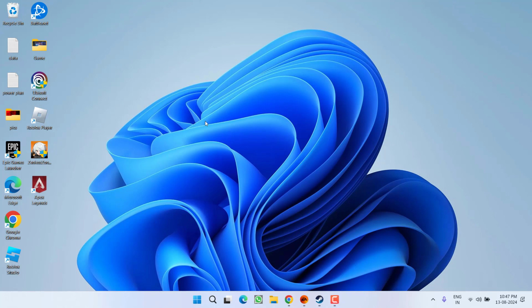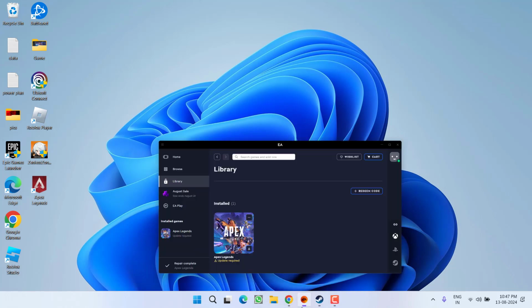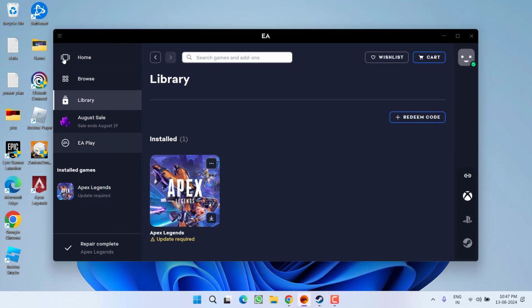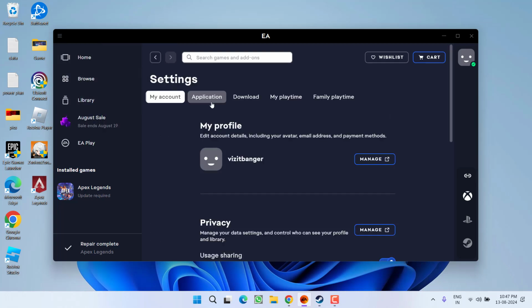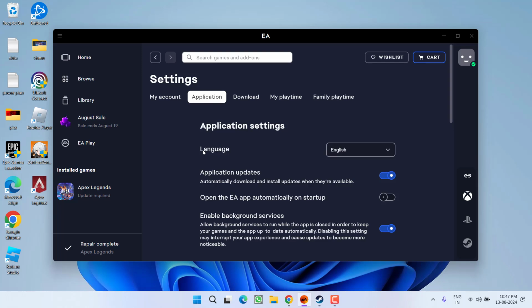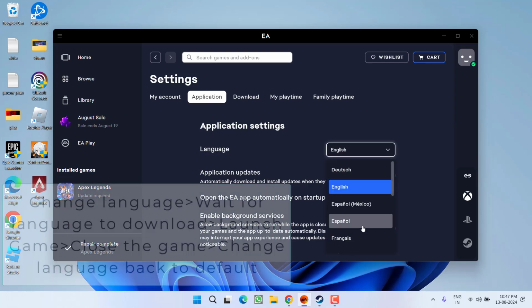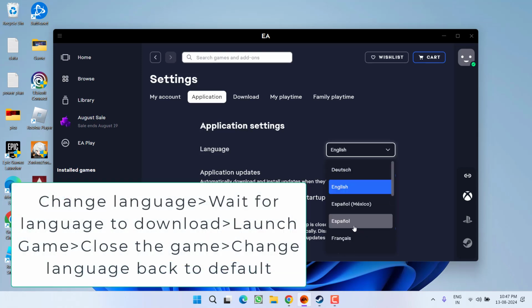If this fails to work out, in the next step, again open up your launcher. If you are using EA Play, click on this three line icon and choose the option settings over here. Click on the option applications and here you will find the option of language. Go ahead, from the drop down list, choose any other language instead of the current language. For example, currently I have English, so go ahead and choose either Deutsch or French or any language that at least you can understand.